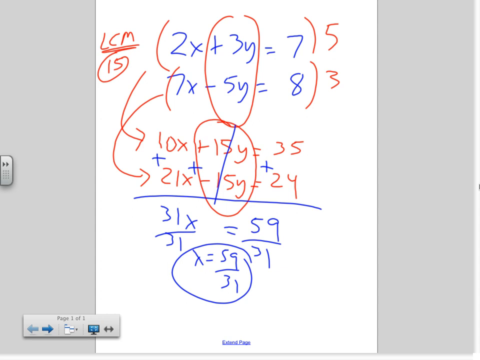I know that would be a bit complex, but that's how it's done. Okay, and the reason I had to show you this problem is because I want you to see, just in case you have different LCM, you would be multiplying into both, and just in case you have different signs, you will be adding them to get rid of them. Okay, any question there? Okay. With that, I'm just going to go and